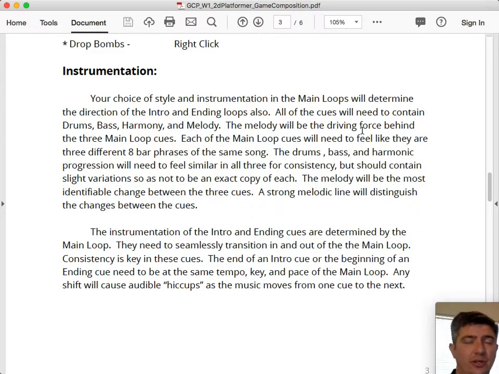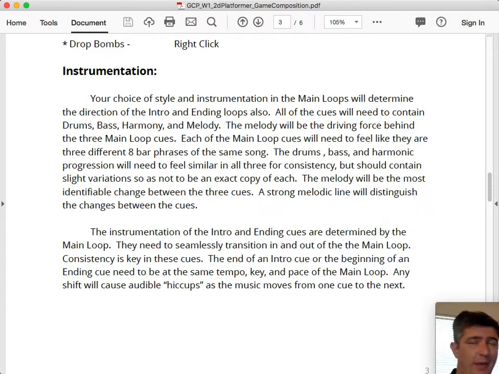The instrumentation, you do have to have drums, bass, harmony, and melody, and it should probably be more than just 4 instruments. You would have your drum kit or your rhythm, the bass line, an instrument to support the harmony in the lower registers, your harmonic progression.